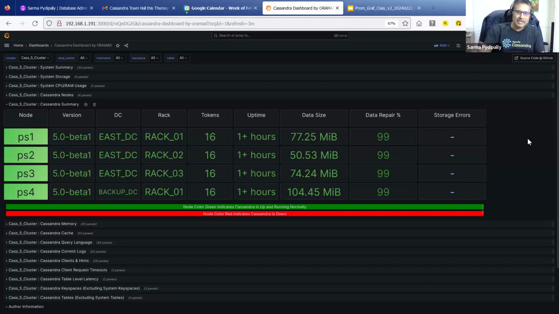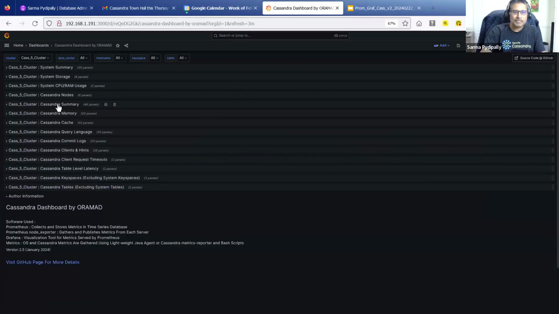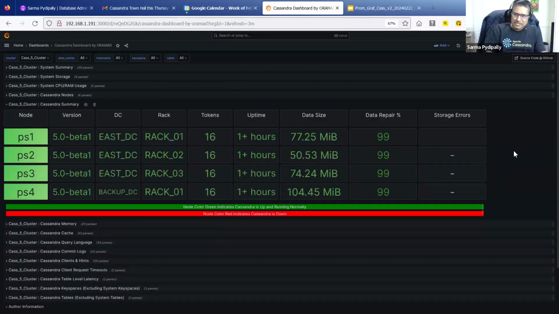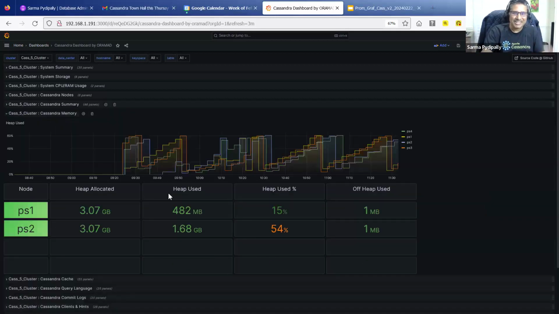But there is other information there, like uptime is very useful. This is not the system uptime. This is the Cassandra uptime. I don't have too much data, but you can see whatever is there in the summary. Storage errors. I noticed over years, I never see the storage errors, which is good. If we had errors, then we would have to be worried. So I like that there are no errors. I have not seen that in years, which is good. My environment is healthy.